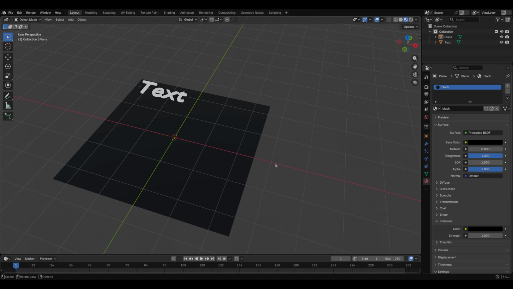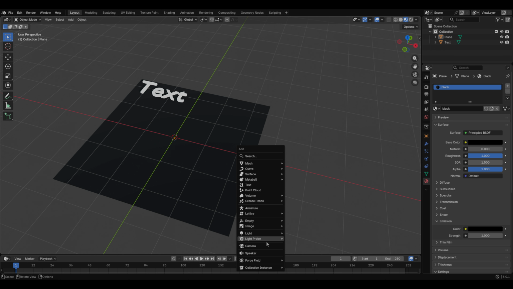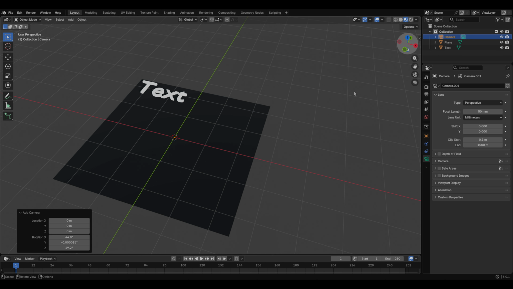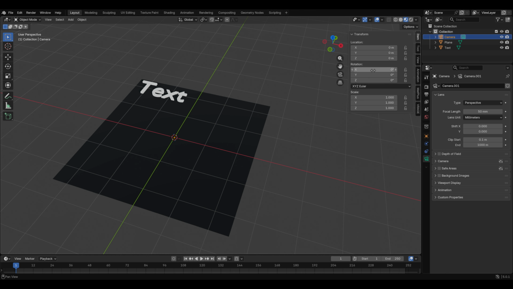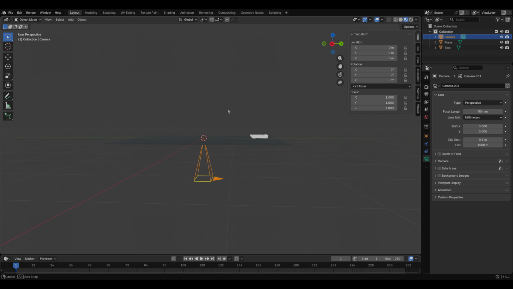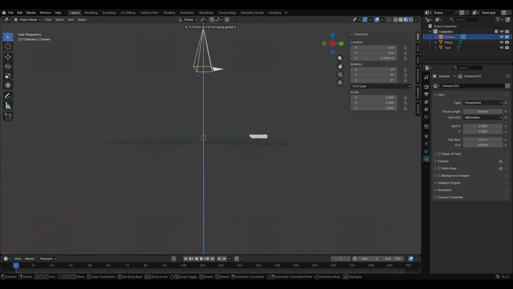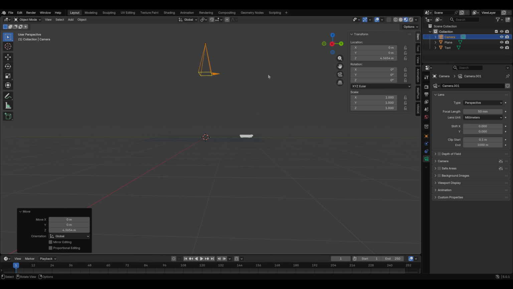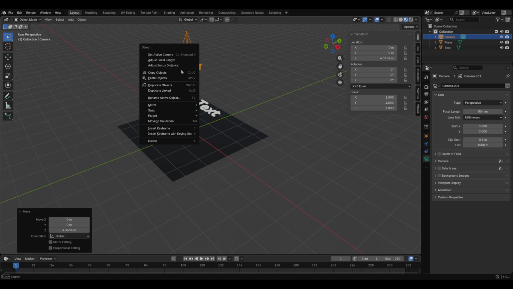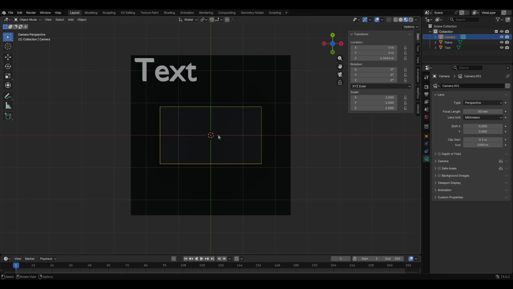What we need to do now is make a camera, so Shift A, get ourselves a camera, and then press N to open the menu, and we're just going to set all our rotations to 0 so it points directly down, and then just move it up. And at this point, if I were to assume control of this camera,